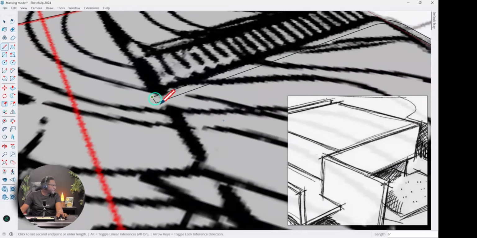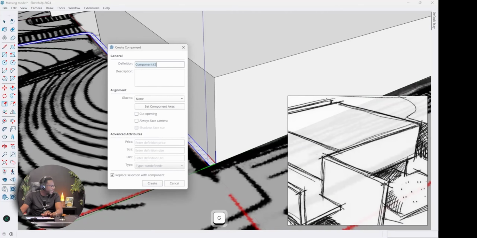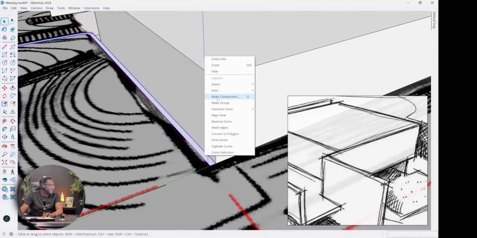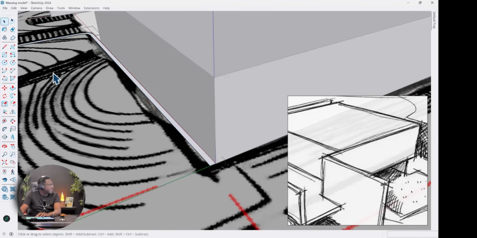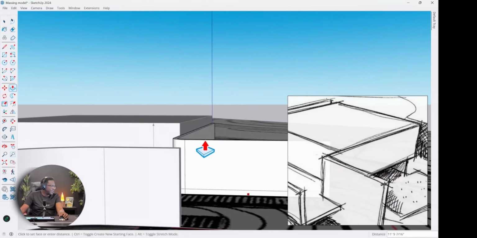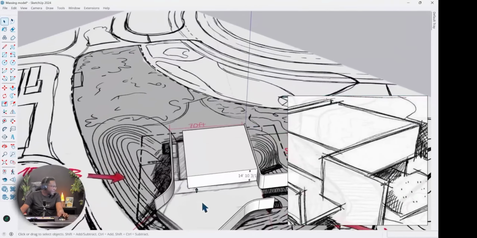Get our line tool to do the same thing. Put it in a group. By the way, the shortcut to do that is G. So you can just press, not G actually. No, you have to right click for that one. G is for component. And we are going to use the push pull tool. The shortcut is P, and we're going to extrude that up. And this one is actually a little taller than that. All right, so now we have that.